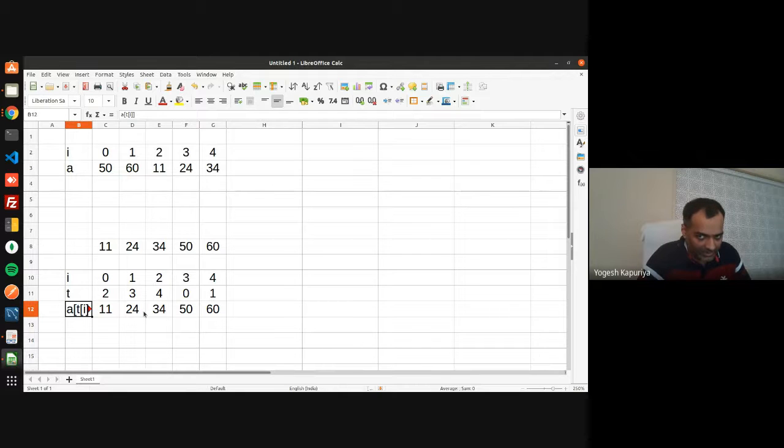Is the difference between direct sorting and indirect sorting clear? In direct sorting, we swap the numbers. In indirect sorting, we do not swap the numbers or change their positions; we simply change the positions of the index. So basically, we need to maintain an auxiliary array. Here my a will not be changed. What I get as output is T. T is an auxiliary array which gives me the sorted order of my numbers. Are you getting this?